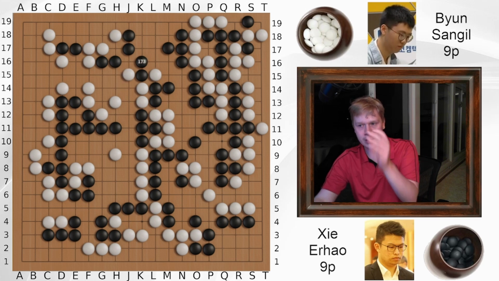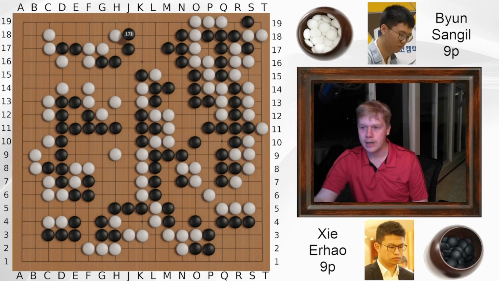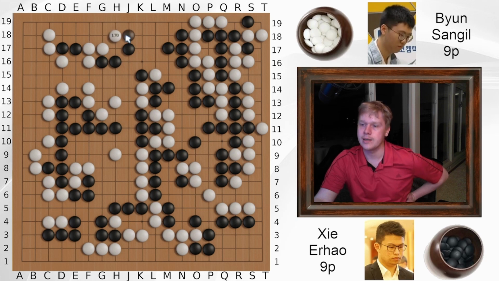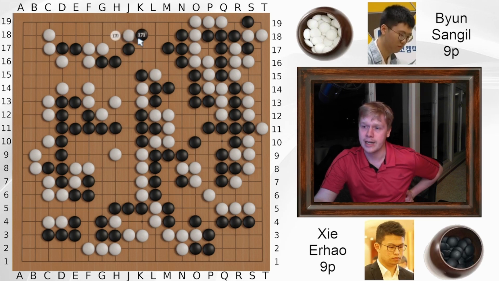So the question is, was it worth it to spend your full move, or to get the sente to then take this really, really big move in the bottom left, right? And I believe that it was totally worth it to spend the full move on the top side, because after you play the attachment, instead of this diagonal move, after you play the attachment,